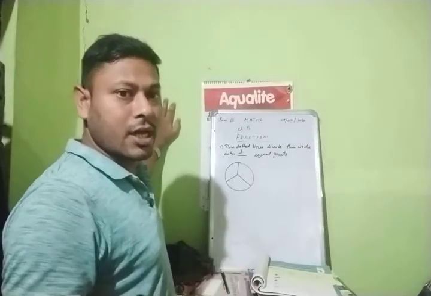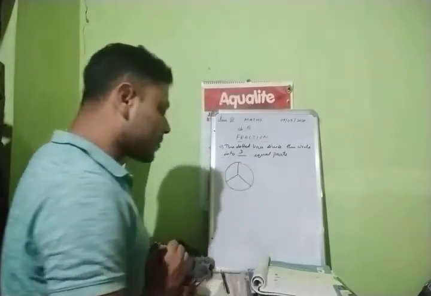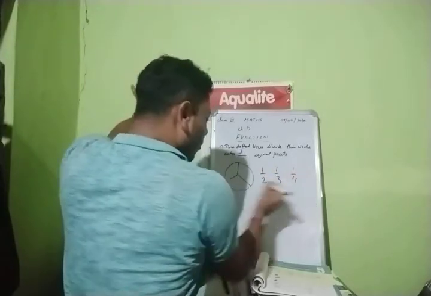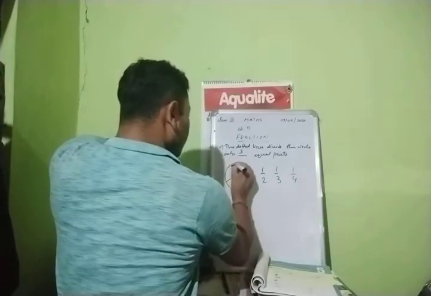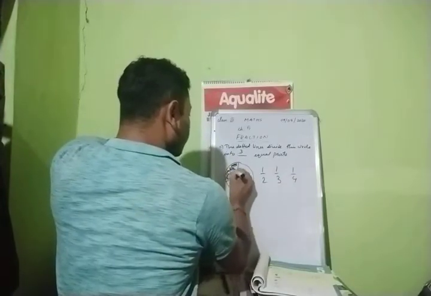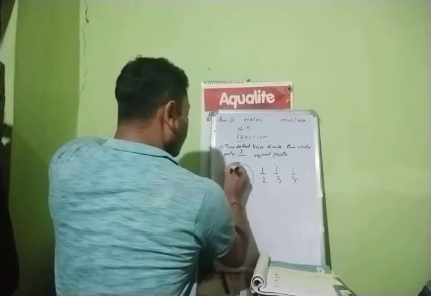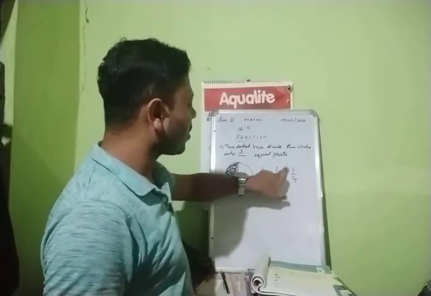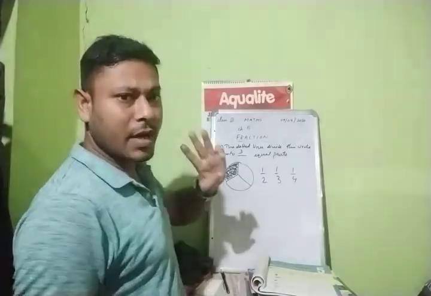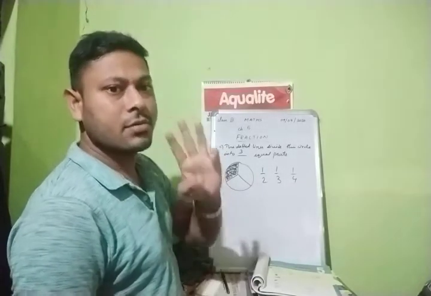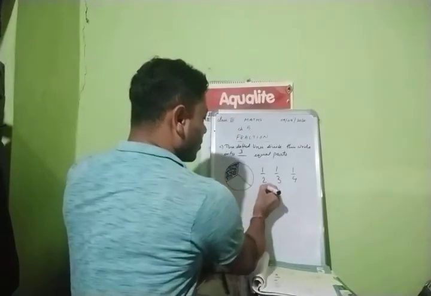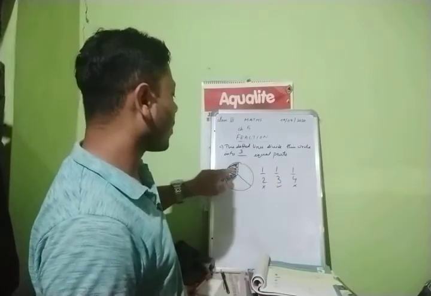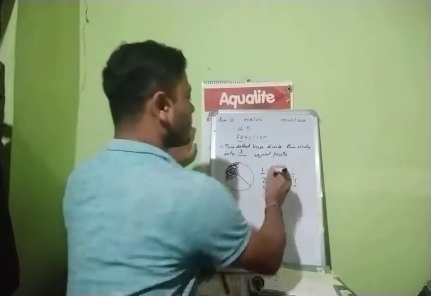Any doubt? Clear? Okay. Next, the options we now have to see. Again it is given 1 by 2, 1 by 3 and again 1 by 4. And here one side is also shaded like this. Now we have to select whether it is 1 by 2, 1 by 3 or 1 by 4. How many parts were there? 3 parts. Right. So the denominator will be 3. 2 is cross, 4 is cross. Now 3 and up is 1. So one side is shaded. So this will be your answer.